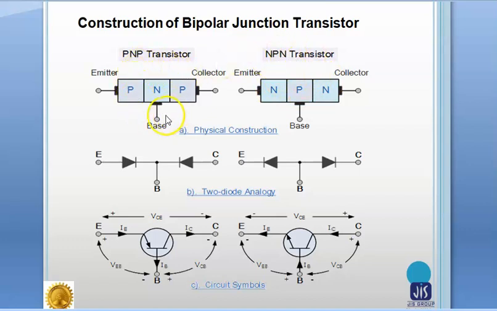In both the cases the middle portion is thinner compared to the other two, and also the doping of these semiconductors is different.